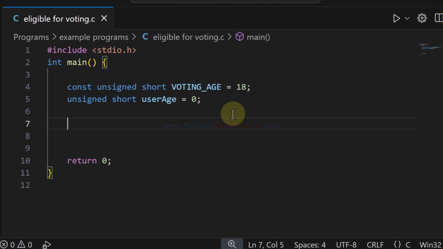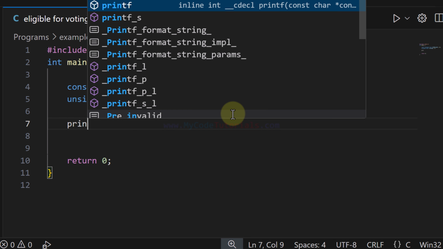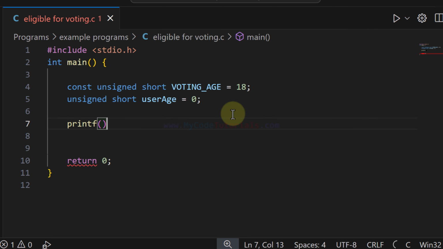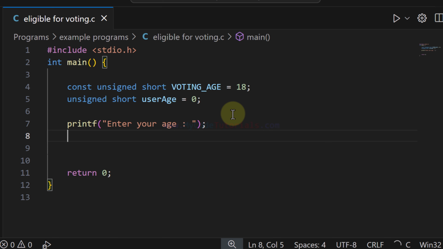Okay, now after that we will use the printf function and ask the user to enter his or her age. So it will be "Enter your age", and after that we will use the scanf function and scan for the user input. Here this user_age variable is of type short integer and it is unsigned, and that's why we use the format specifier